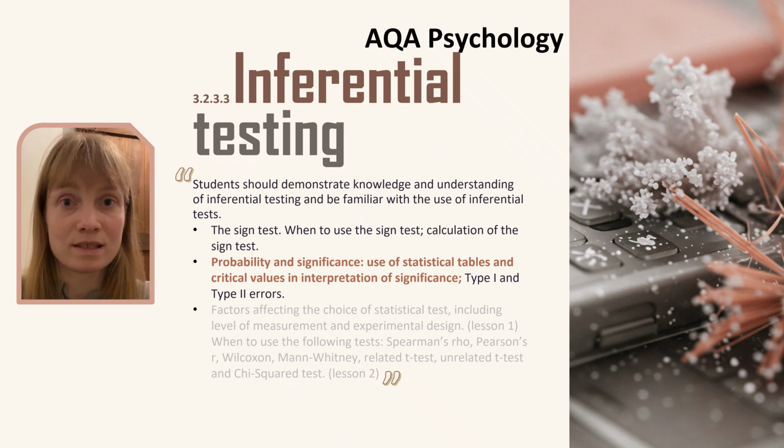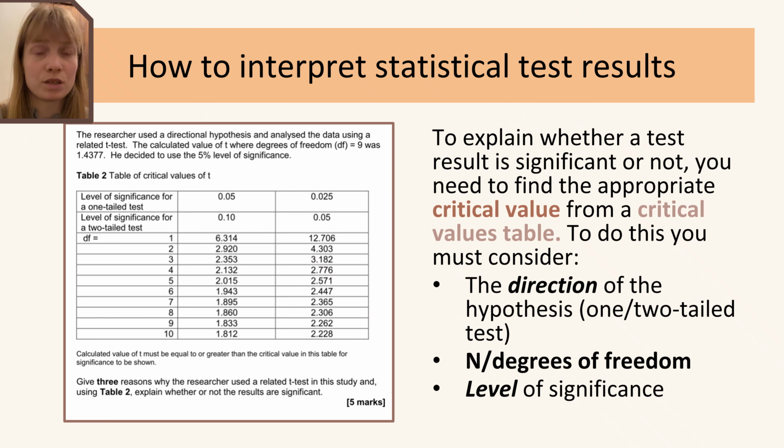The last two lessons explored how to choose the correct statistical test. Now we're moving to the next step. How do you interpret the result from a statistical test to determine significance, and how would you report it? When asked to explain whether results of a test were significant, often in conjunction with justifying why a certain test